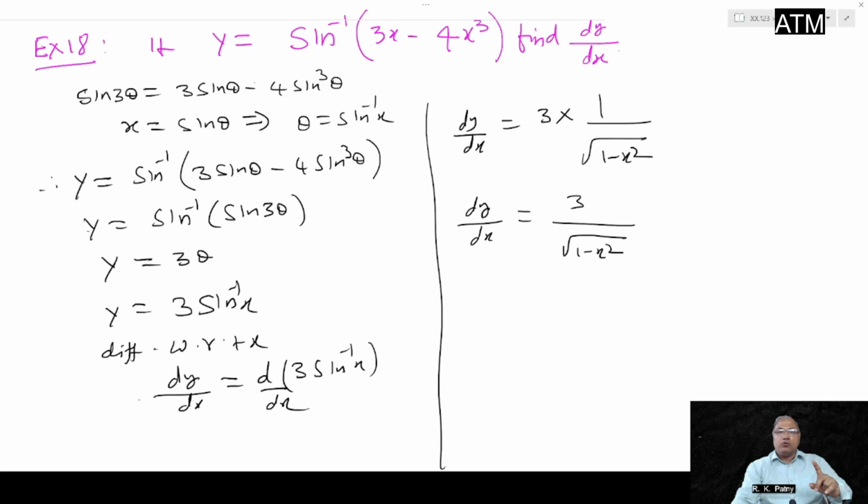Now I will solve one more problem in which tan 3 theta is involved. Let us see how simple the problem is. The next problem is,